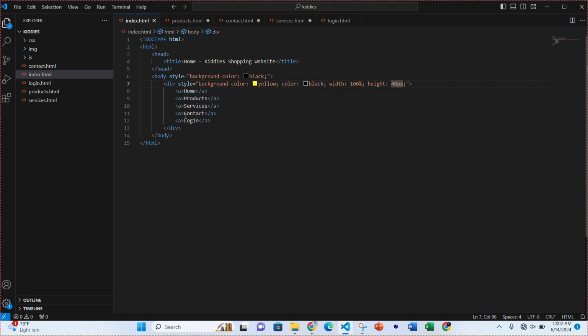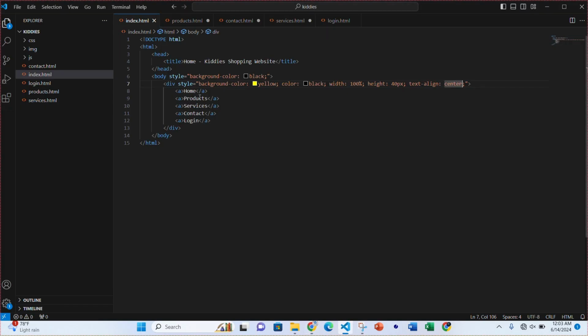the center. I can actually run my text align center. You will notice that all my items will be aligned to the center, and then I can actually go ahead and give it a width and height. So we're going to give it some styling, but before that, all our anchor elements will have their href attributes, and